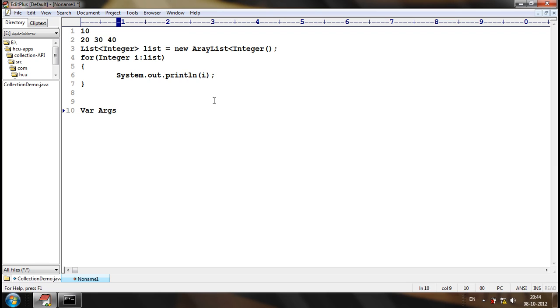That means if the number of arguments is not fixed, then it is a variable number of arguments. In which blocks are arguments possible? Methods and constructors.